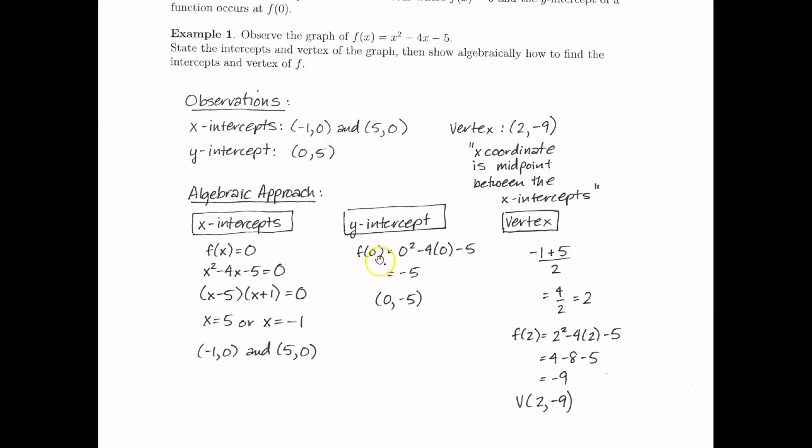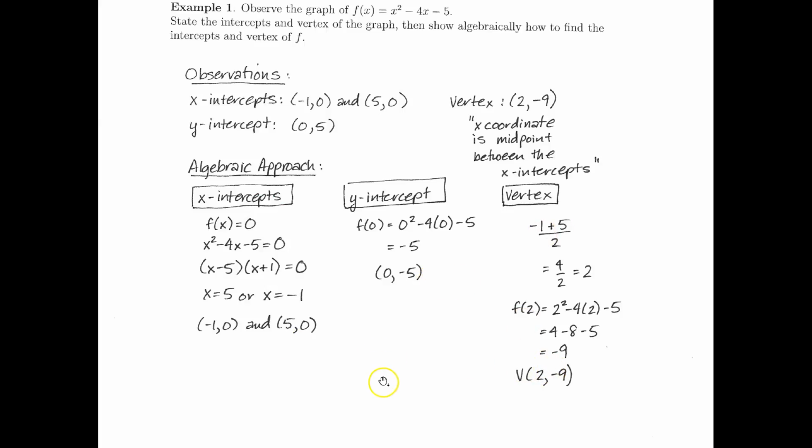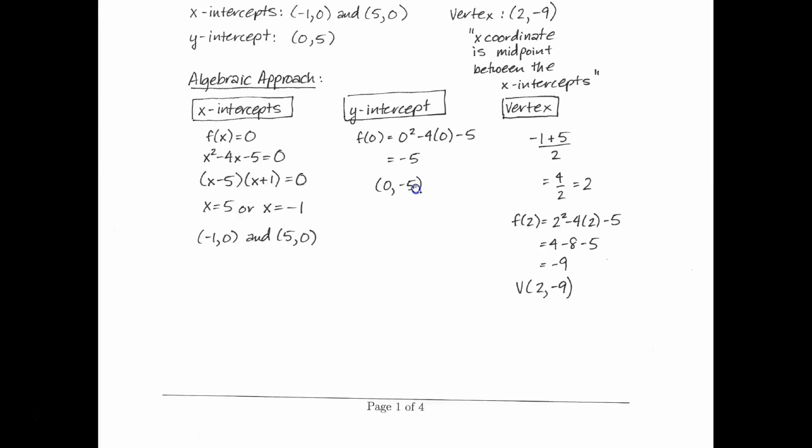To find the y-intercept, we let x equal 0, and we take f at 0, and we have 0 squared minus 4 times 0 minus 5 gives us -5. So we were able to find, algebraically, the x-intercepts, the y-intercept, and the vertex. So if we go to the next page,